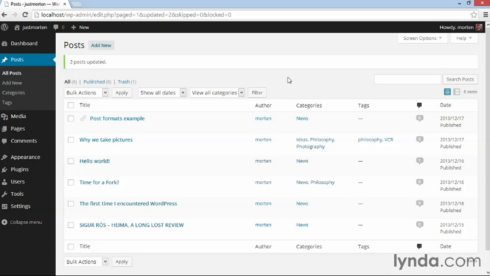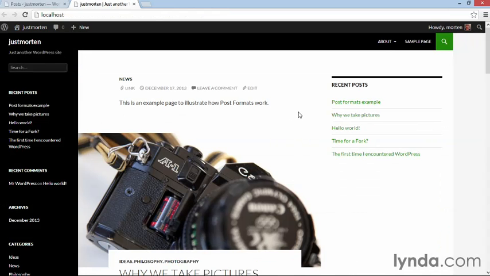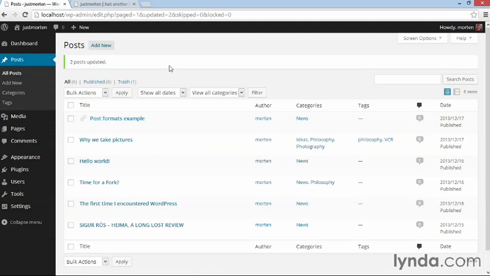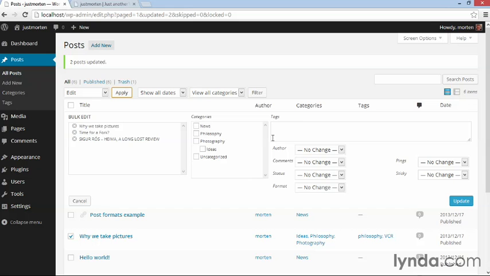Now here I'm going to show you something really neat from the 2014 theme. So let's jump to the front page of the theme, just so you see what it looks like right now. You see the first post at the top and the sidebar. Now I'm going to go back to my bulk editor and select some of my posts. I'm going to select this one, and this one. Then I'm going to go to Bulk Actions and select Edit, click Apply, and this time I'm